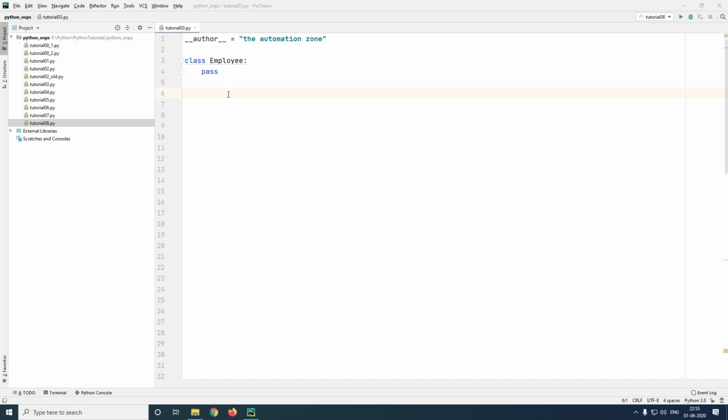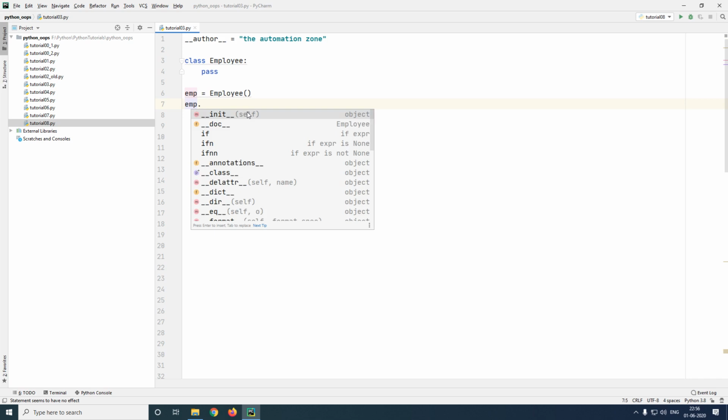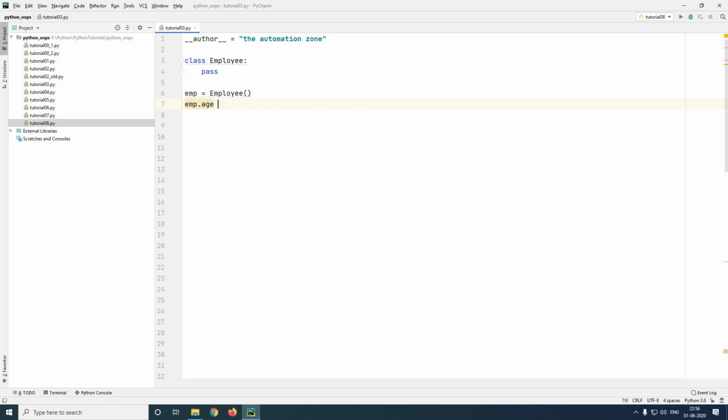Here I have a class of employee. Let me go ahead and create an object of my employee called emp. The way I do this is I assign this to my class name followed by parentheses. Let me now make object variables, or instance variables, of my employee by the name age, and let me assign this to 30. Now inside of my class, let me create a function called printAge.